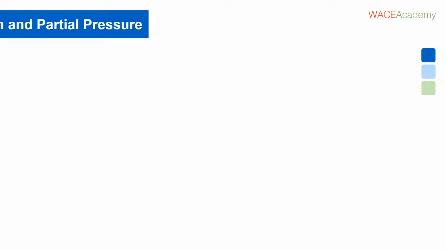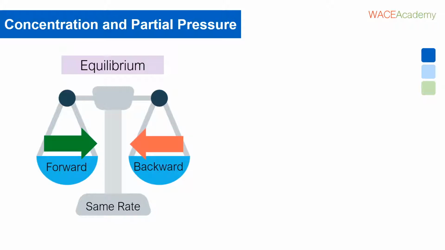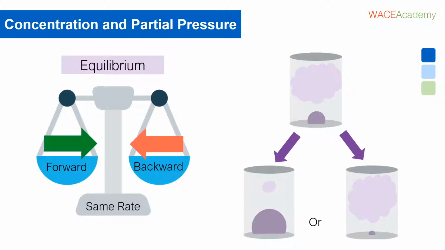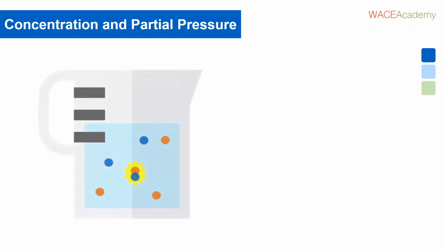In earlier lessons, we've talked about equilibrium, so we know that it occurs when forward and backward reactions in a closed system are happening at the same rate. Concentration and partial pressure can both affect the position of equilibrium, which means they can change the ratio of products to reactants. We can see how concentration affects the rate of equilibrium reactions by increasing the amount of collisions that